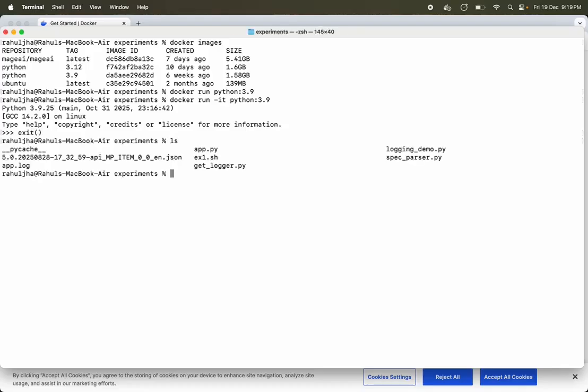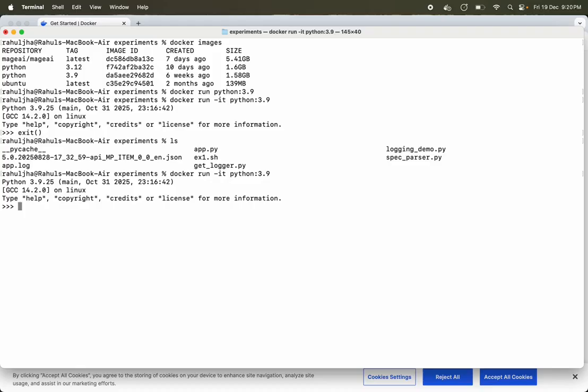Let's say my Mac has this bunch of files, right? Now if I go inside the container again, you see we are inside the container, and if I open os, let's say, I won't be able to see these files. How can I know I won't be able to see these files? In Python, how can we list the directories?